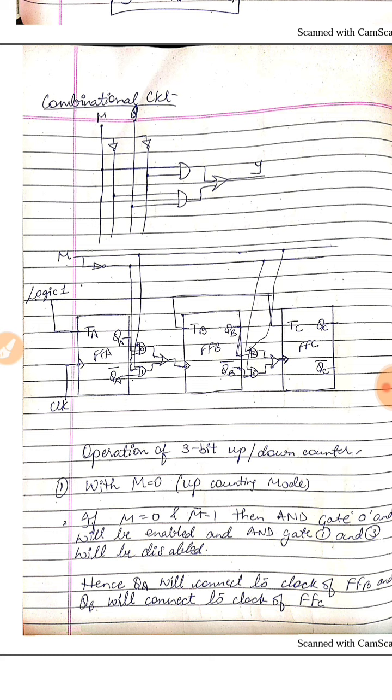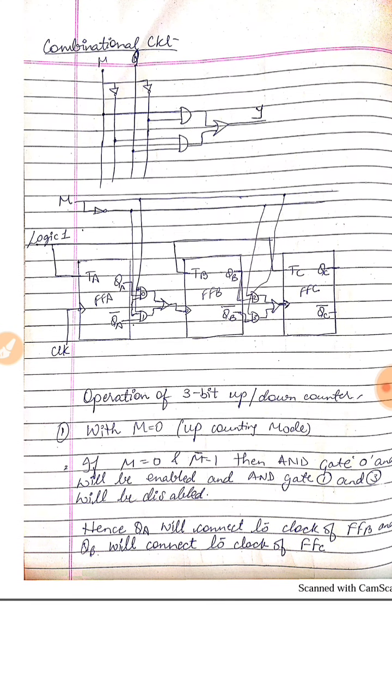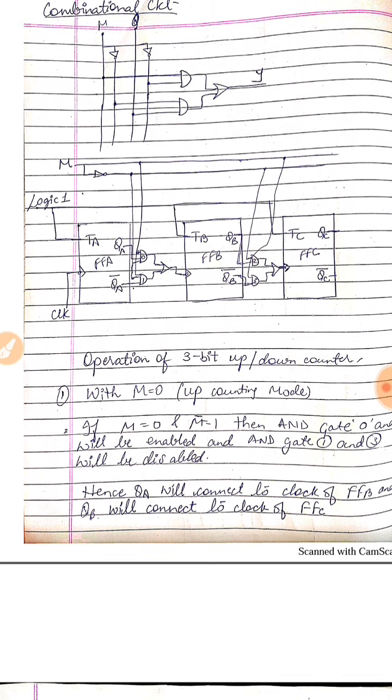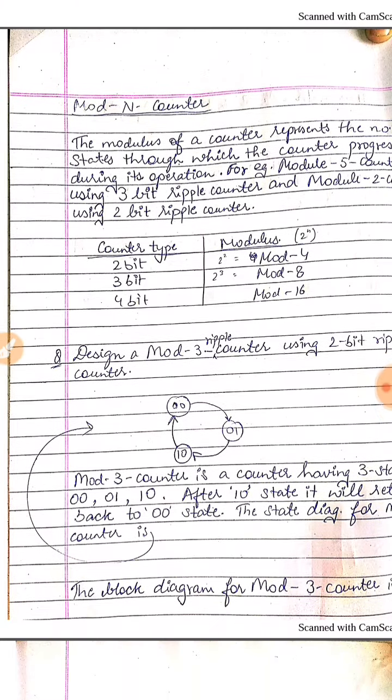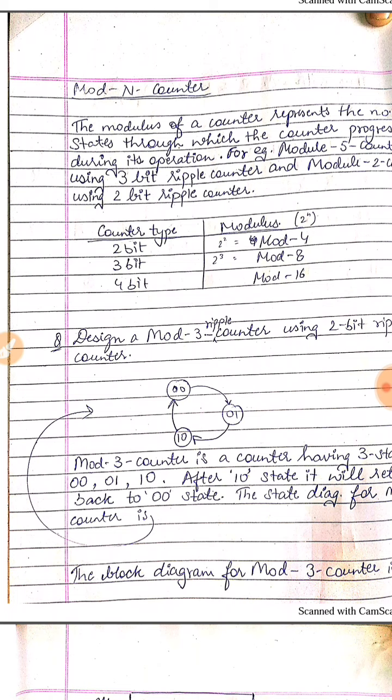So using some combinational circuit, we have reduced the number of flip flops to be used. If I had to use up and down counters, I would be designing them with separate flip flops, but now I am using only 3 flops for both up and down counting. So this is how you can make the up and down counters. Rest of the things would remain the same.